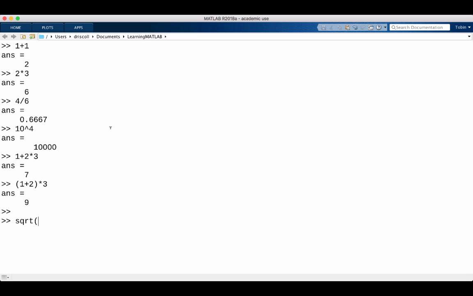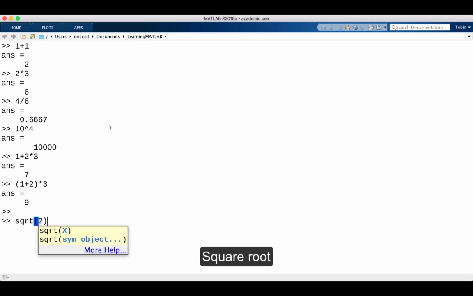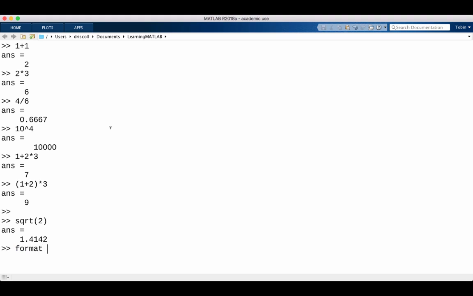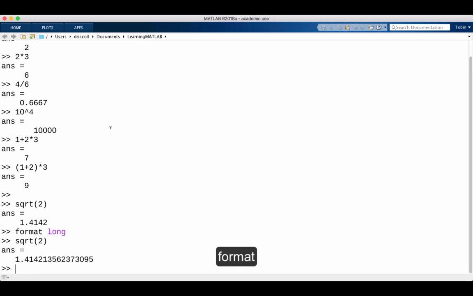For example, if I ask for the square root of 2, we'll see just 5 significant digits. We can see all of the digits by using a format command. I'll leave the long format on for the remainder of this demo, as it's a good reminder of what's really